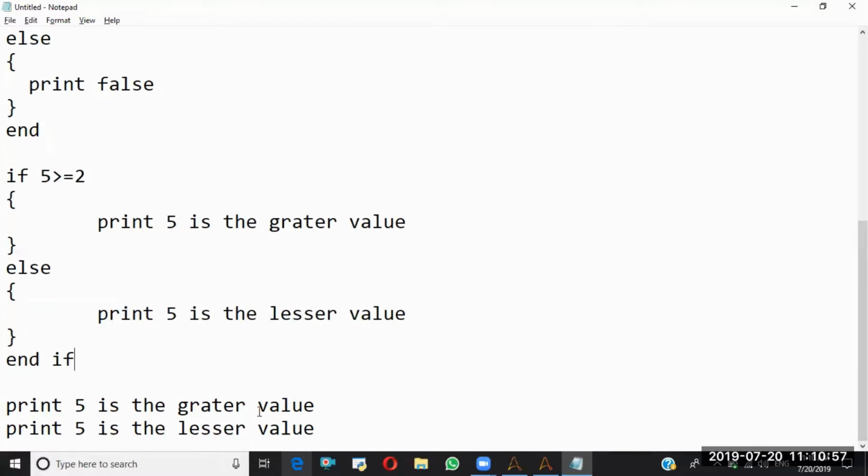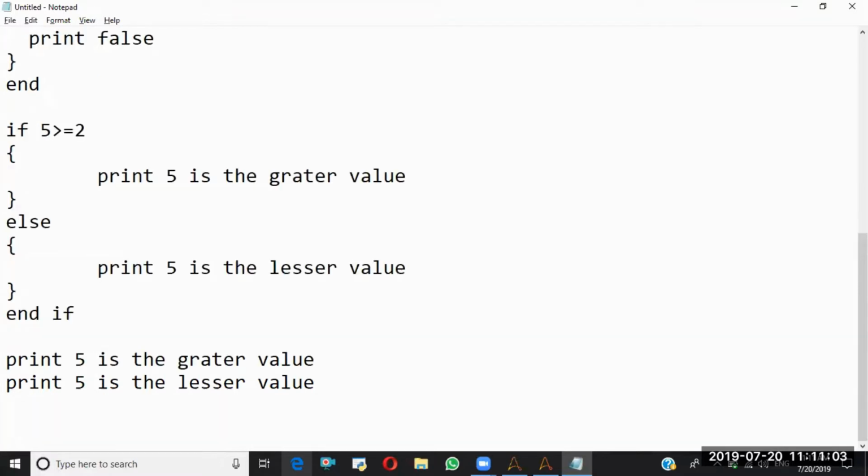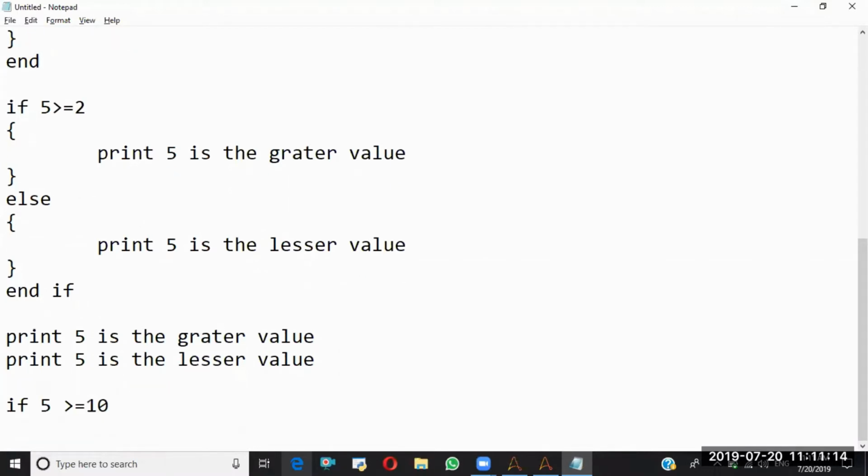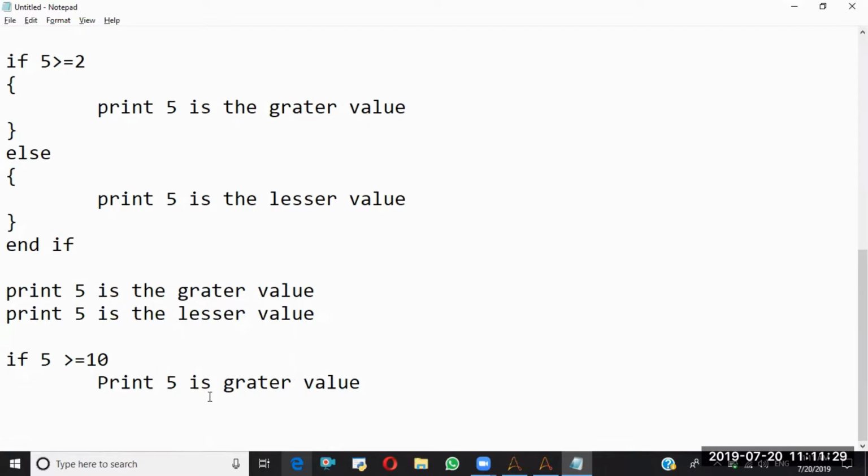And next, what is the else if? For suppose, here is a scenario. If 5 is greater than or equal to 10, this is a block. So I'll say print 5 is greater value. If this statement is false, directly I am going with the false statement, that means the else block.